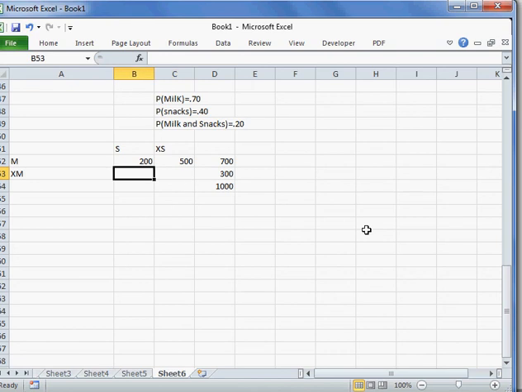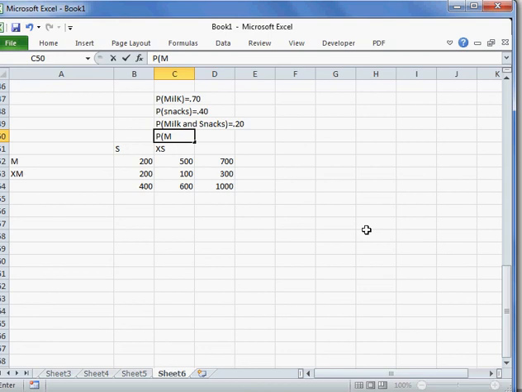And we know the probability of snacks is 400, so the number of people with snacks and no milk is 200, because again the column totals have to add up. And so this must be 100, and this must be 600. So now we have an observation count for all of these locations, and we could ask questions like